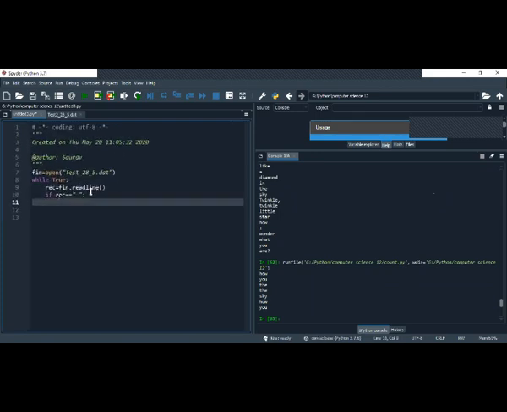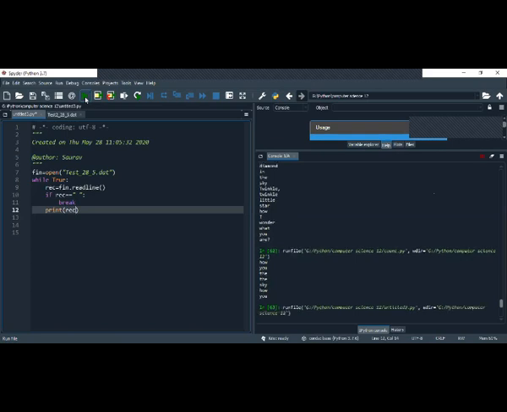Then break, else print. Now when I run this one, what happens?